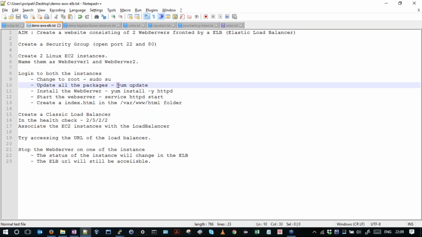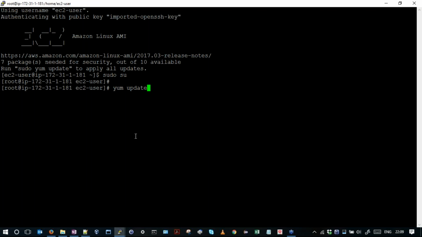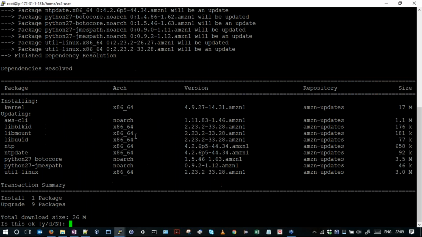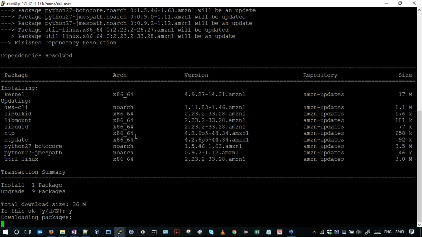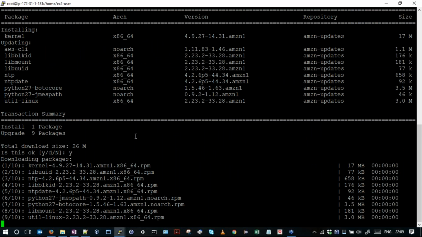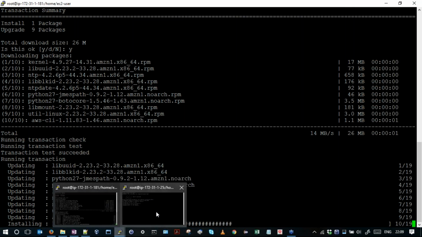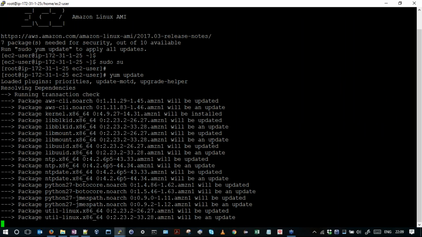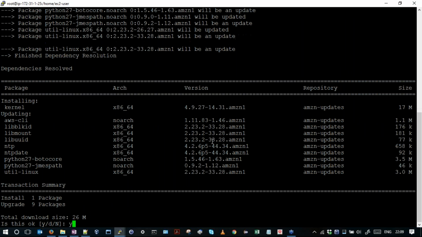Now normally, when we create a Linux machine on Amazon, it is a bit outdated. All the latest patches have not been applied. Let's apply the latest patches on the Linux. The command is yum update. So let's do it on both the machines. Here if you see there are a couple of patches. Here it is asking whether we want to upgrade or not. So we'll simply say yes. Let's update the Linux on the second machine also. Yes.